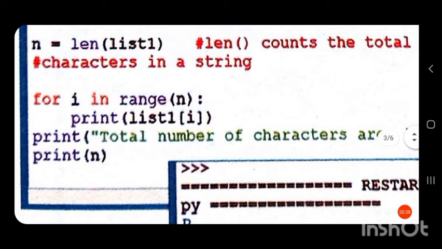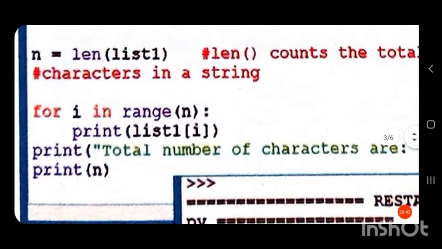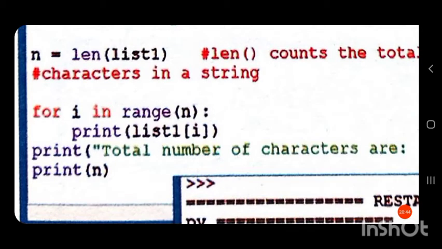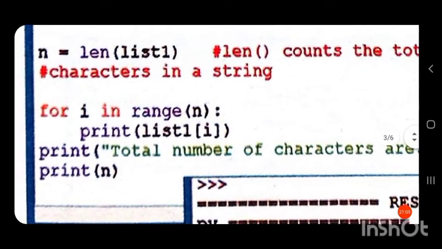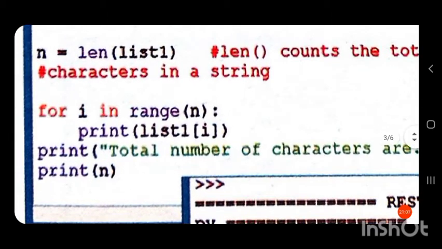Now it will enter the for loop. Inside the for loop you can see indentation is given and one statement is there, that is print(list1[i]). We have studied how to access the element of a particular index value: we can access the element with the help of its index position by giving the name of the list, then the index in square brackets.